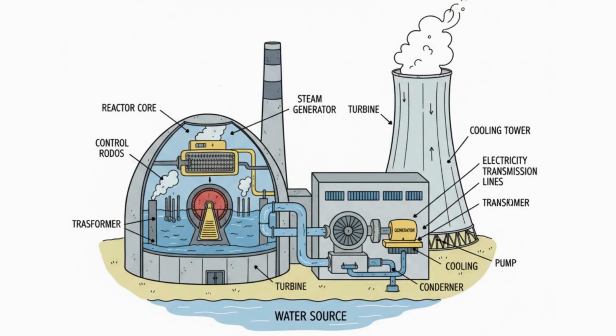And the sixth one is the cooling step. After the steam passes through the turbines, it cools and condenses back into water and is recycled to start the process again. And then the last step is safety and waste. Control rods made of materials like boron and cadmium absorb the excess reaction. It means that nuclear energy is a very time-consuming process, so that's why we categorize it as a